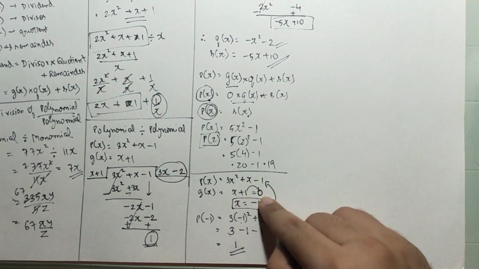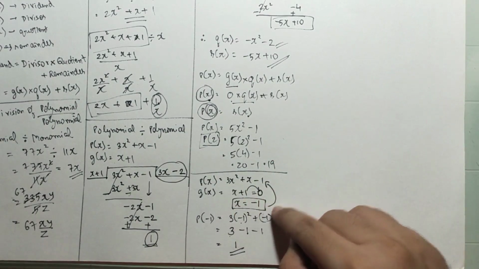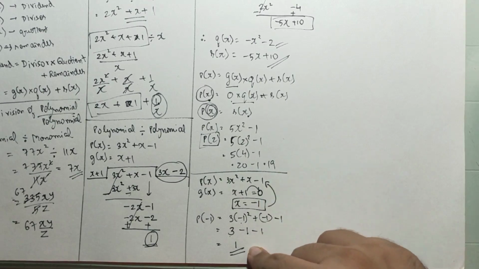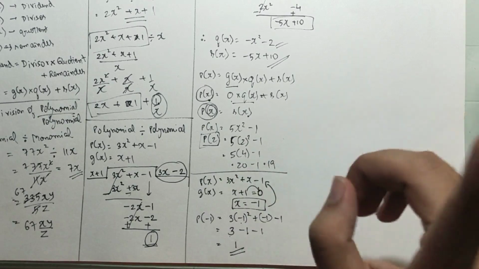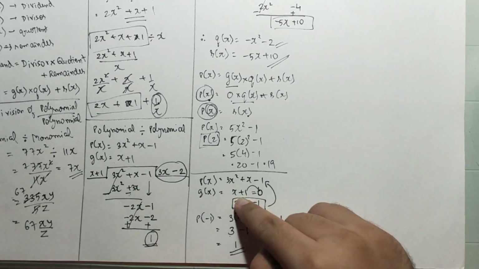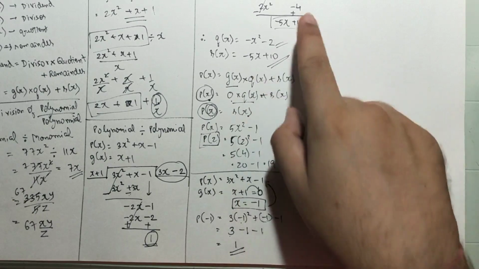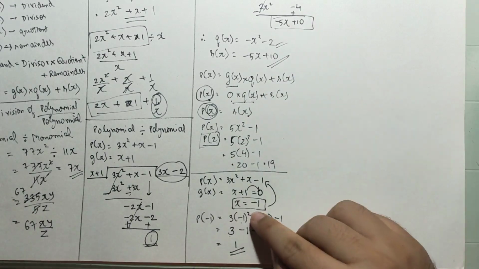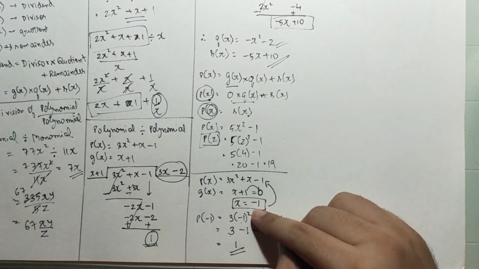Equate the divisor to 0, find the value of x and then substitute in the dividend, you will get the value. But this is possible only and only if the divisor has degree 1. यहाँ पे अगर x square plus 1 होता तो मैं ये नहीं कर पाता, तो मुझे लॉन्ग डिवीजन से जाना पड़ता. बट लीनियर है तो वी कैन डू दिस मेथड.